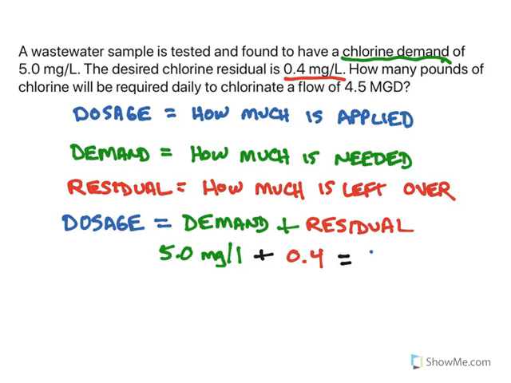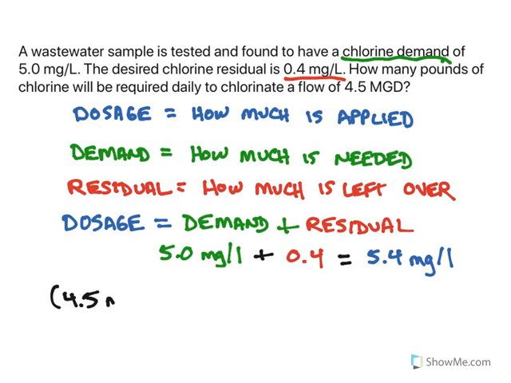The dosage required would have been 5.4 milligrams per liter. And so now that we know the dosage, all we have to do is plug these numbers into our pounds formula. We have flow in MGD. So if we plug all of these numbers into our pounds formula,